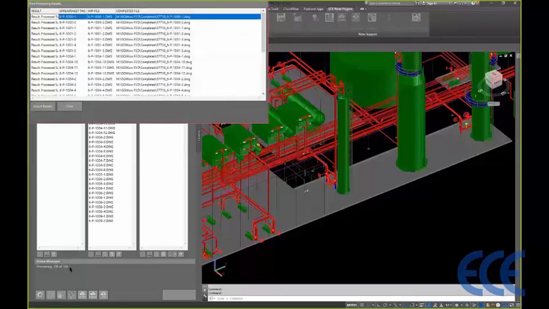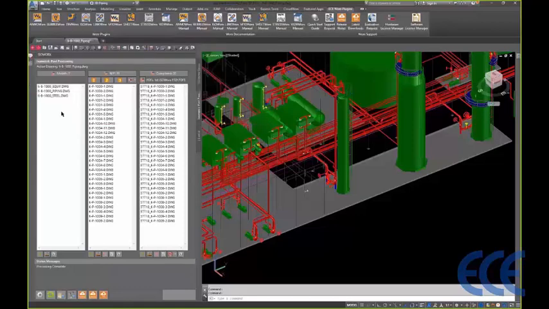And of course, if the model changes, yeah, you do need to go in and update that model, but you're just updating the title block or the revision information, much faster to go through and use ISOWorx. So here's our completed section. You can see we've got our old file name with our new file name. Once I hit close, this will populate. And if I open up one of these guys here,